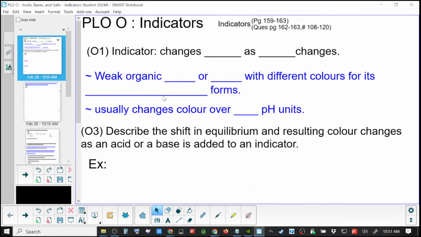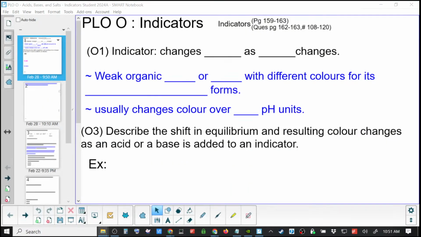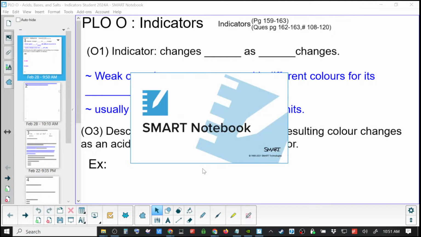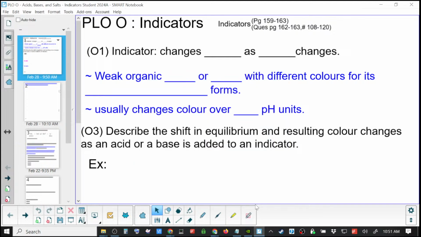Now, indicators. Yay. Which I don't think I've handed out yet. And I think I also have to,